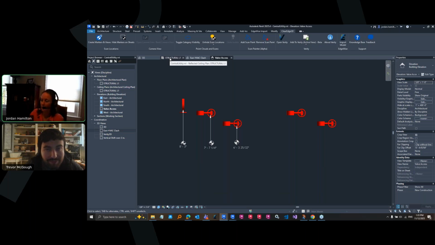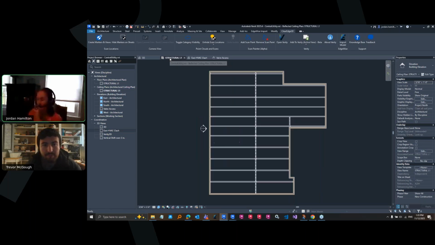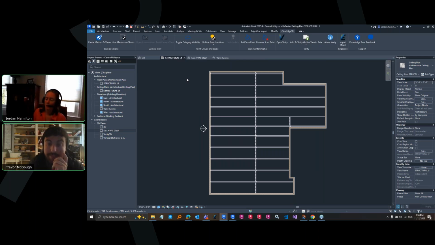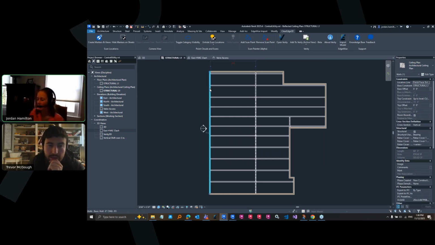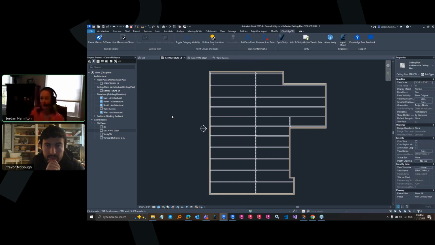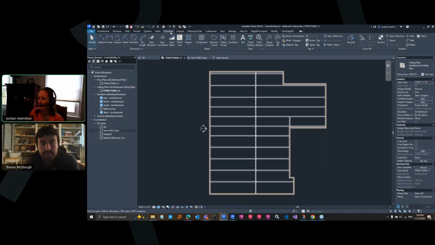Well, we have a couple different views open here. One other thing that we wanted to mention as far as Verity capabilities inside of your host programs is Revit's annotation tags. Revit can take a whole ton of information and Revit has great reporting options as well. So the wonderful thing about these Verity properties that we've pushed from our Verity analysis is that they're shared parameters like any other. So they can be used to annotate these objects in a 2D or a 3D view, depending